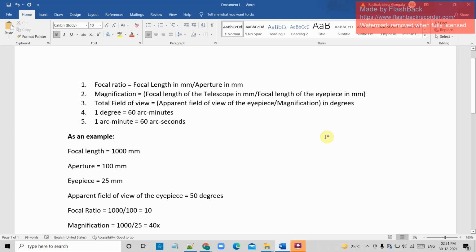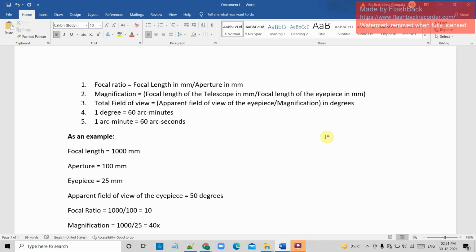Hi everyone, today I will be explaining some important formulas related to telescopes which need to be considered while selecting or buying a telescope. The first and foremost point is that generally telescopes are of two types, namely reflector and refractor. Refractors are used to view planetary objects and reflectors are used to view deep sky objects such